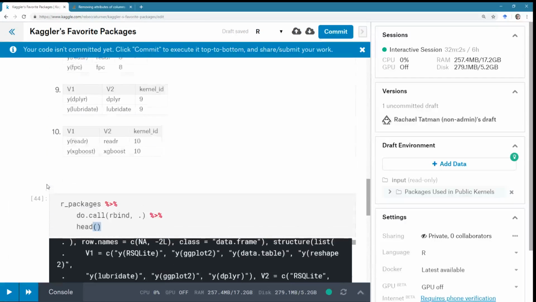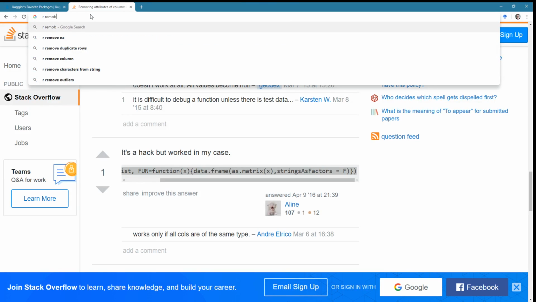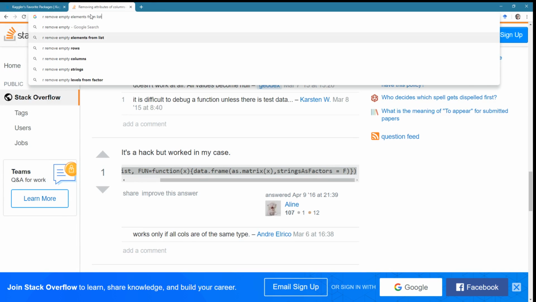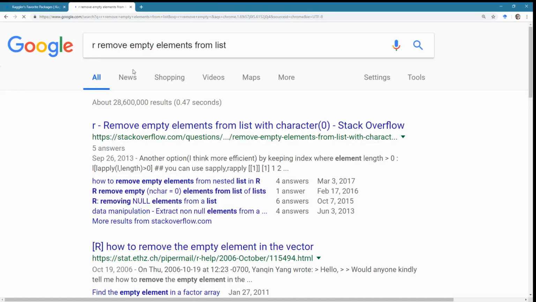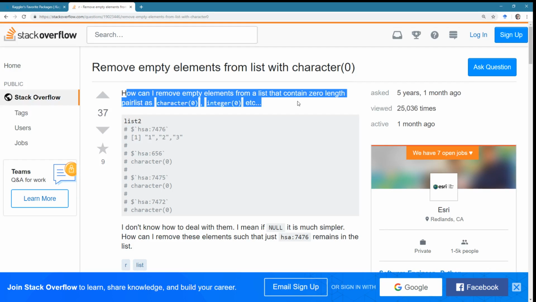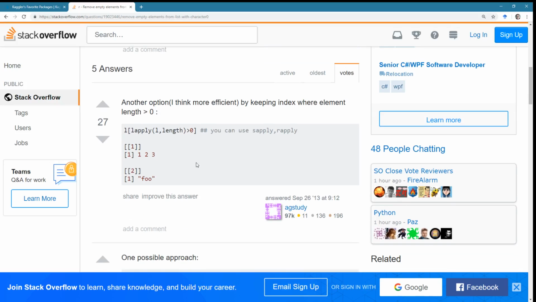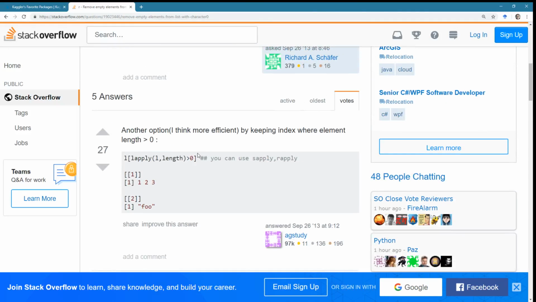I think it's probably going to be the easiest way to do this. So, remove empty elements from a list. That is exactly what I wanted. With character 0, how can I remove empty elements from a list that contains 0 length pair list? Okay. Keeping an index where element is greater than length 0.